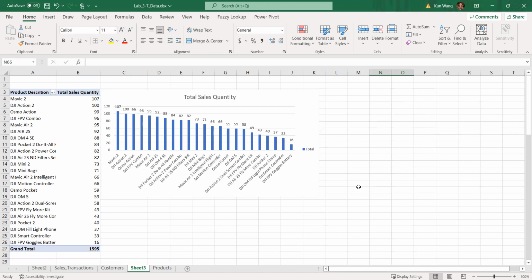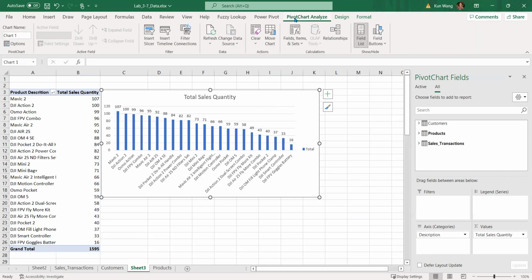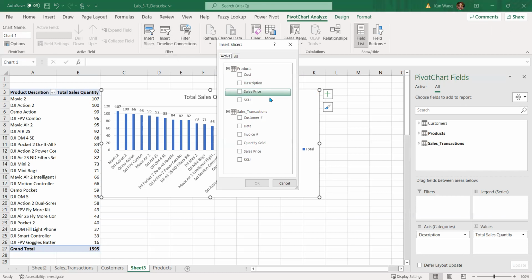And this one, the slicer is an enhancement for your pivot table options. So first I'm going to choose the first one and go back to the pivot chart, analyze. So you can choose from here. Slicer, just understand it like a filter. So insert a slicer. I'm going to choose the, let me see,